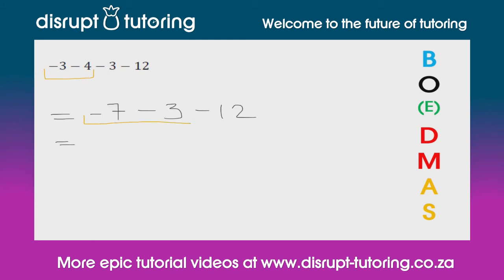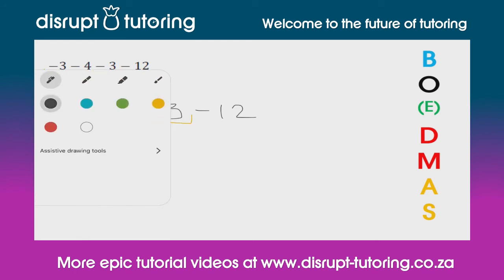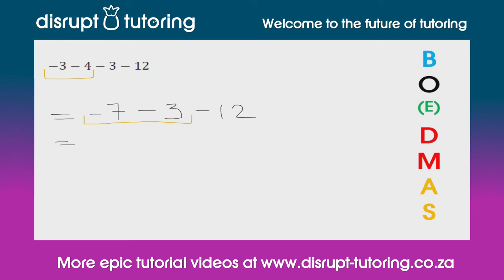So we've got minus 7 minus 3. And minus 7 minus 3, remember we move away from 0, further left. So that's going to be minus 7 minus 3 takes us to minus 10. And we've still got the minus 12. And now we can finish off this question